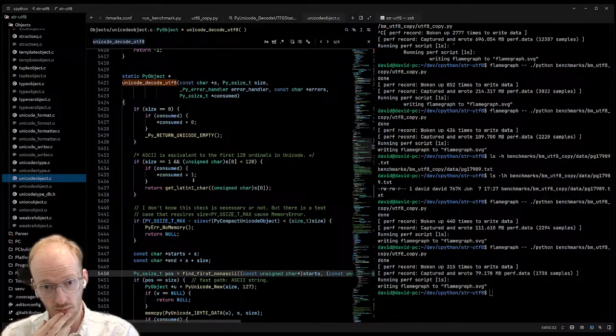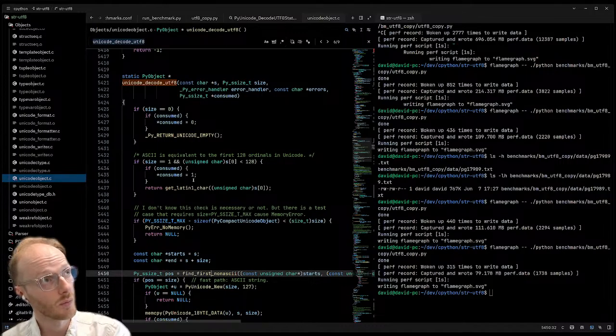So, should we benchmark the most low-level code path, which would be the surrogateescape error handling, to see how fast we could theoretically make it?